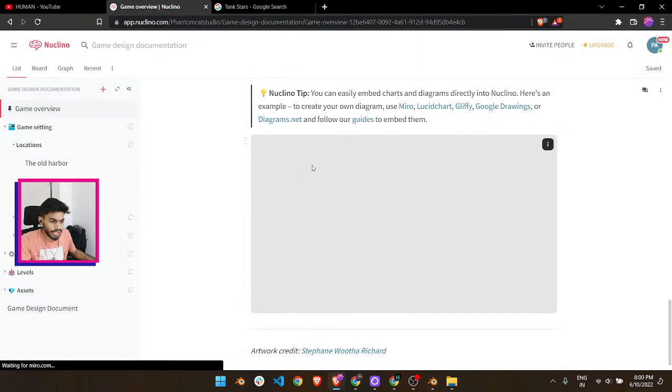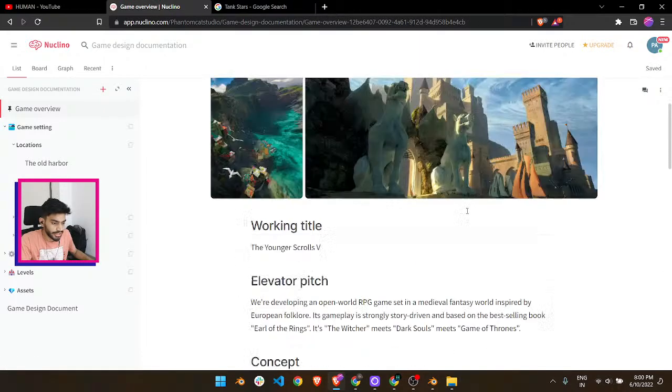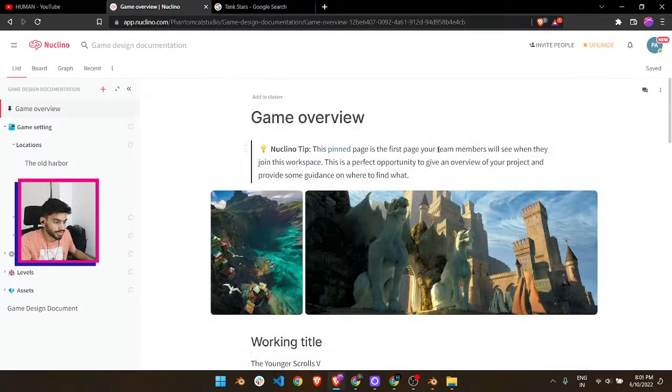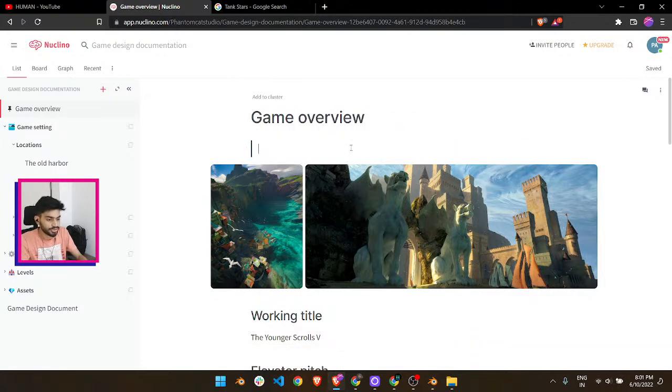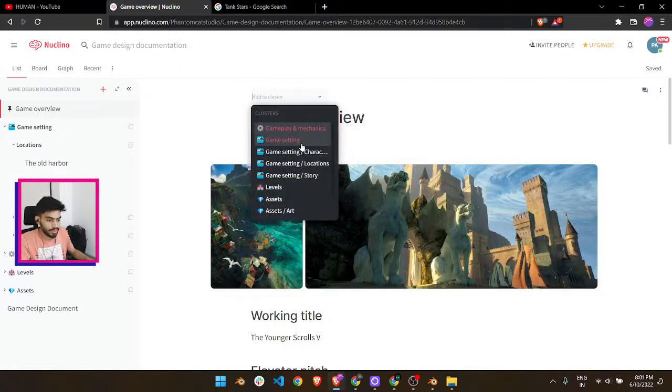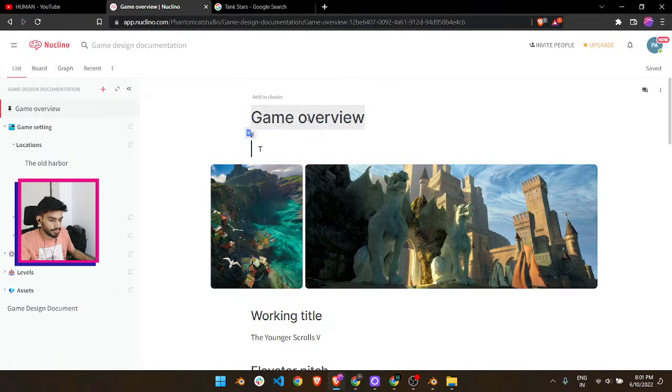Awesome. So game overview. You can easily invent the charts and diagrams. This is the painting first. Your team will see this is the first thing we can see, and so the game name is going to be... I haven't used any tanks maybe the game. So the game idea is